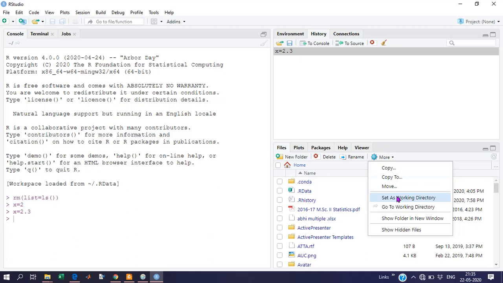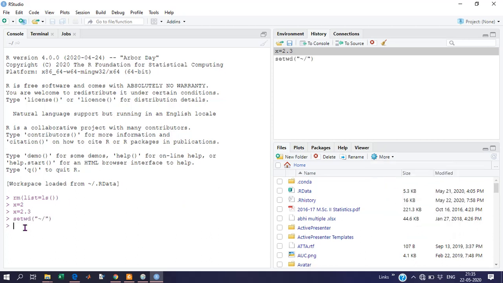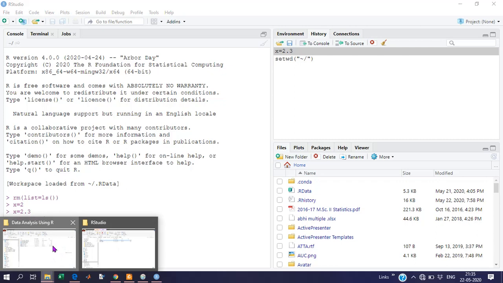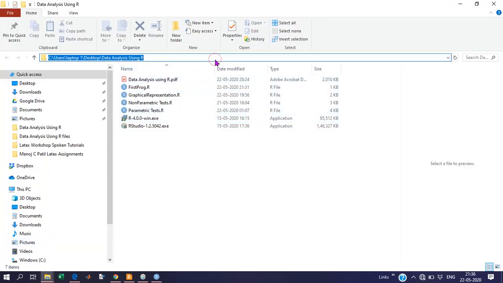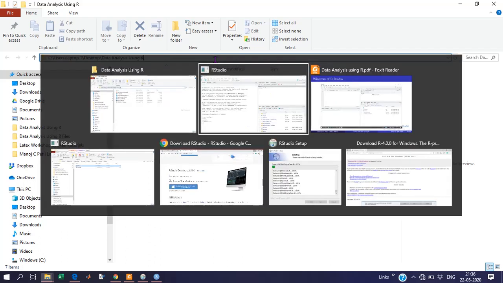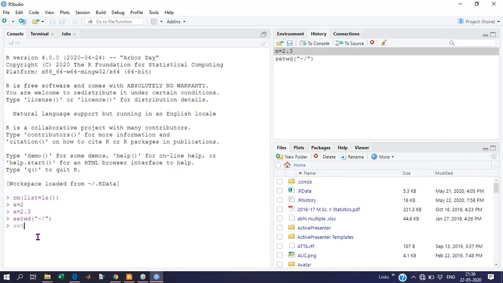Set As Working Directory just sets the same one, so we have to choose our own working directory. I am going to work on this data analysis using R folder. I will copy this address and use setwd, set working directory, with brackets.